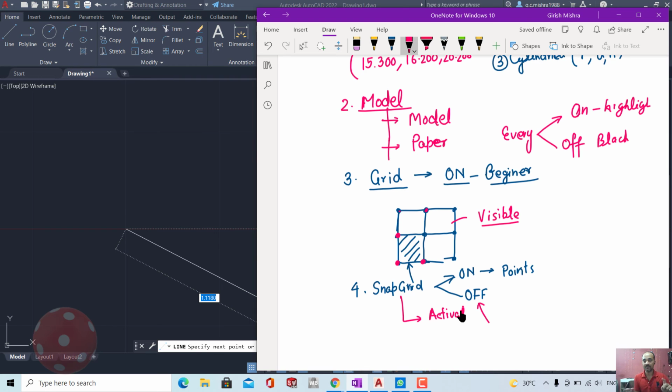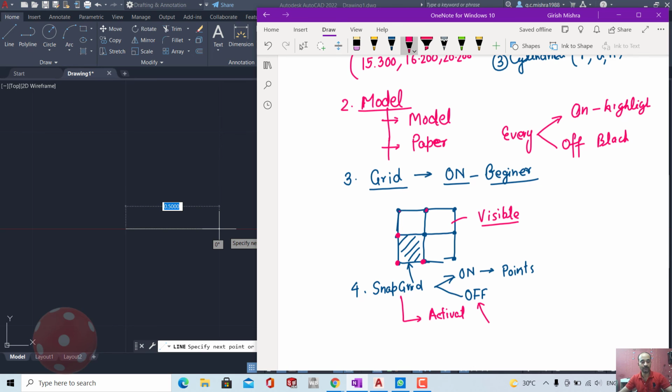If your cursor is jumping, then you should turn off grid snap. Grid snap or snap grid, these are terms which are used in literature. In general purpose, we call it snap only.